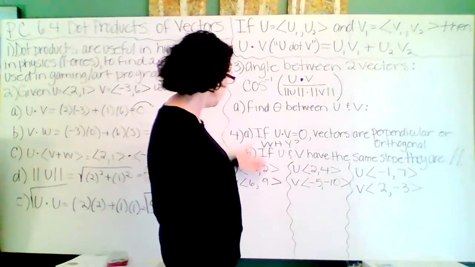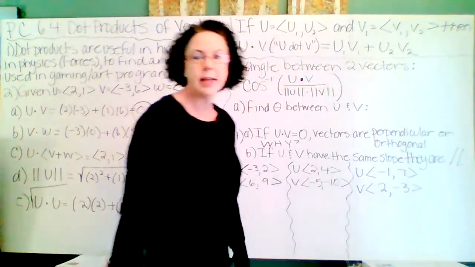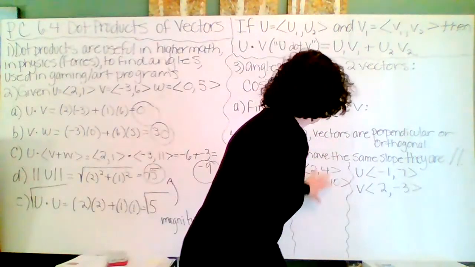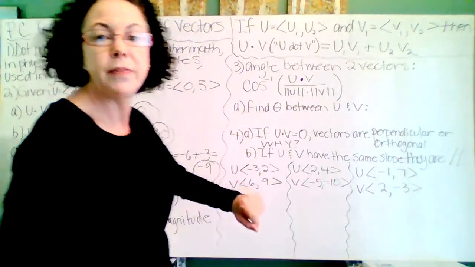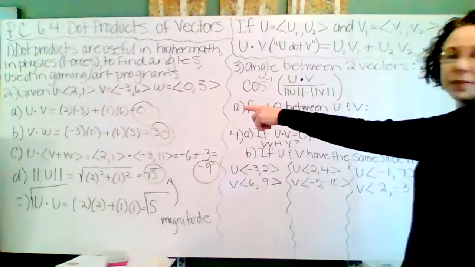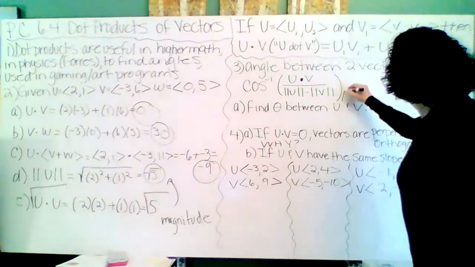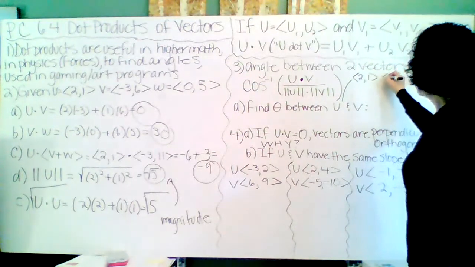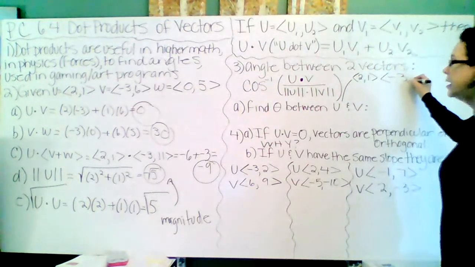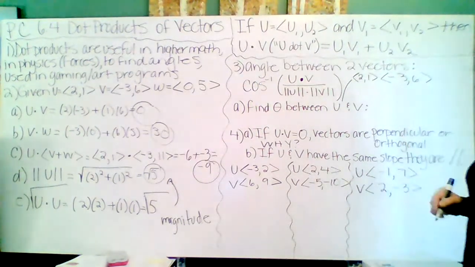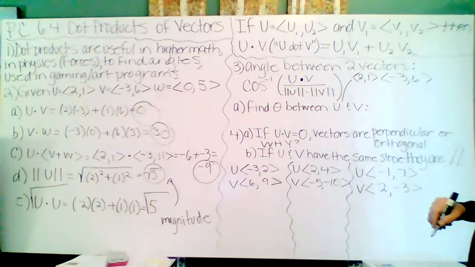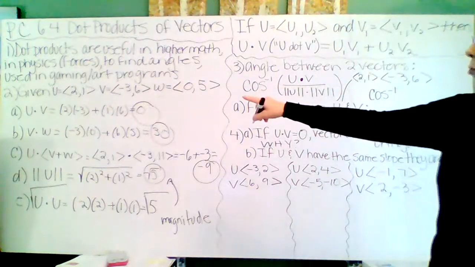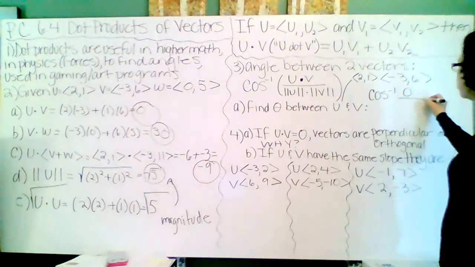Let's find the angle between u and v for these different possibilities that we have. We will do that below. So find the angle between u and v. Our u is 2, 1, and our v is negative 3 and 6. Let's find the angle between these two vectors. That's going to be inverse cosine, and we already did the dot product of u and v, that was a 0, over